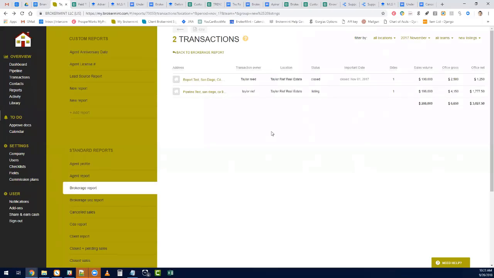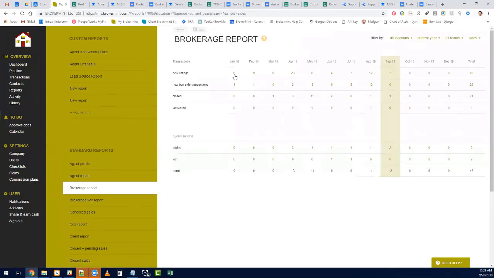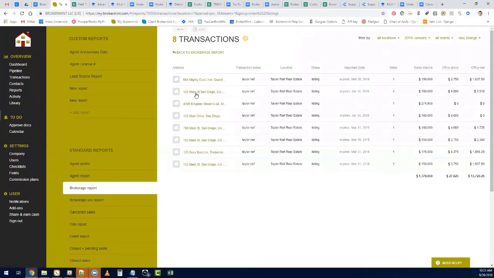Now, something I want to talk about here really briefly, it's a little bit outside of specifically reports, but I think it's a very powerful tool that you have available to you, is having multiple tabs open of Brokermint at a time. While you can do what I just showed you and click on this report, on this transaction here, I personally always suggest to my clients to just open up a second tab of Brokermint. That way you're not having to hit back and forth and losing your place on the report and all that type of stuff. So let's say that we clicked on new listings here and we wanted to see this 4195